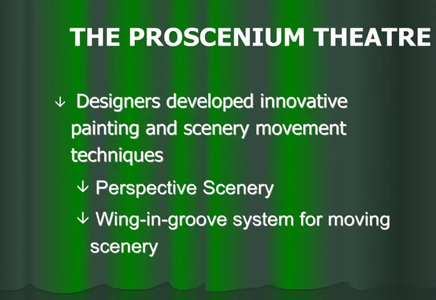Well, when they did that, they had to bring the actors closer to the audience, because if an actor was next to that scene that they painted, then it would make it look unreal. And the second thing that was very important in the building of proscenium was a wing and groove system for moving the scenery. And there were these little tracks or grooves in the stage, and they had several of them,